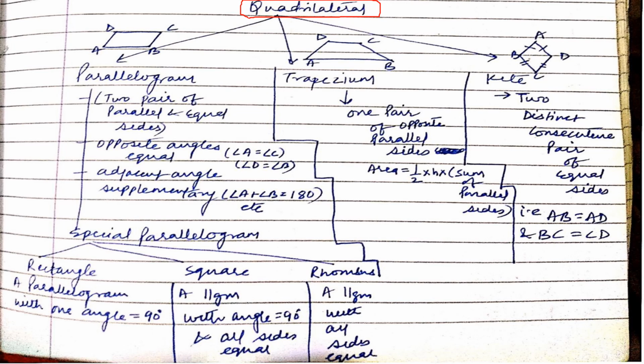Okay, so this is the basics. This is the first floor of that building. So please make this floor very strong. Let's start. So the first thing in quadrilateral is there are mainly three types of quadrilaterals. As per me, I have made this. So I'm making it like this.